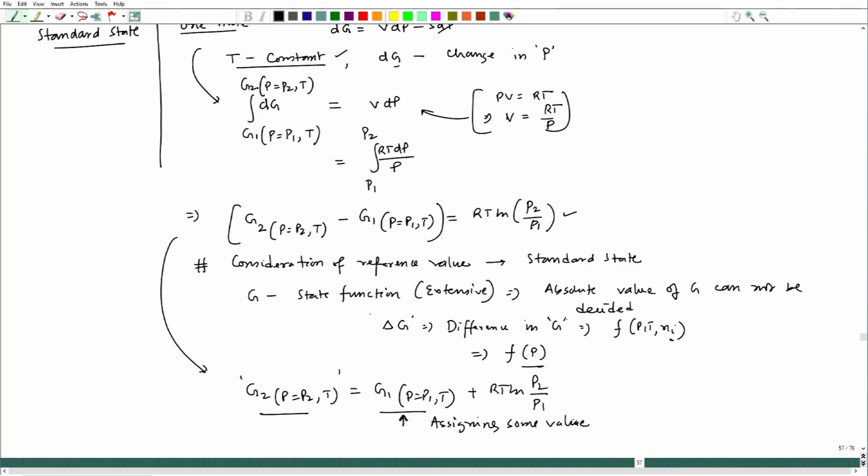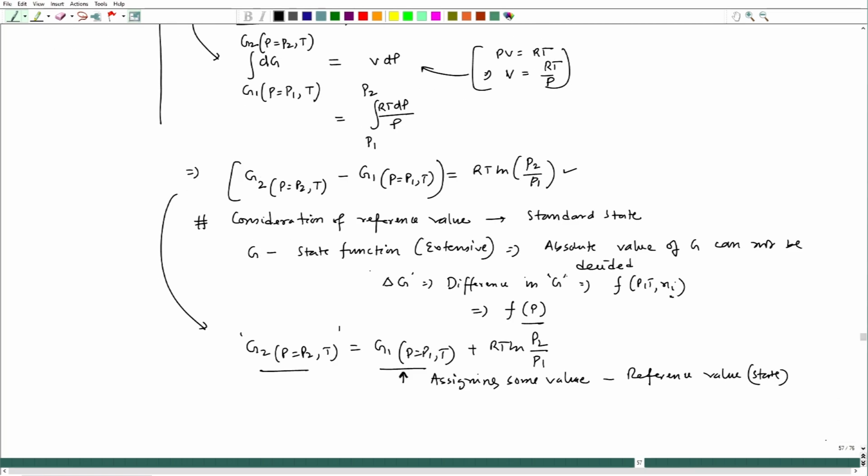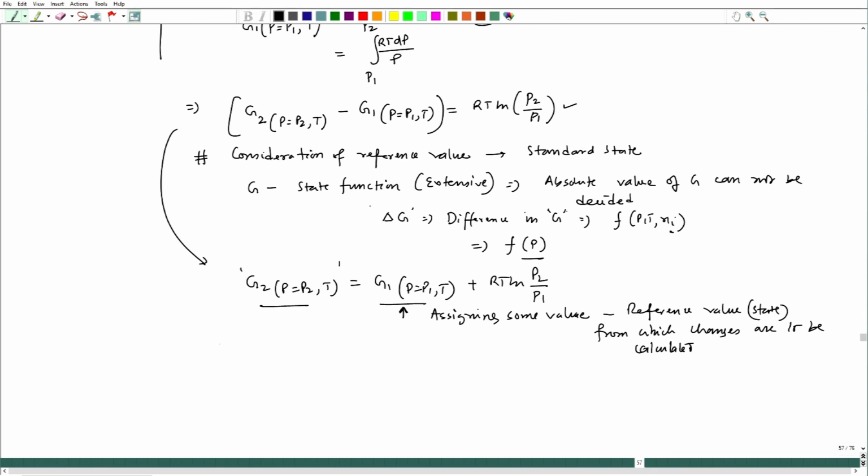Or we can say a reference value or reference state from which the changes are to be calculated. So, this reference state is called standard state,